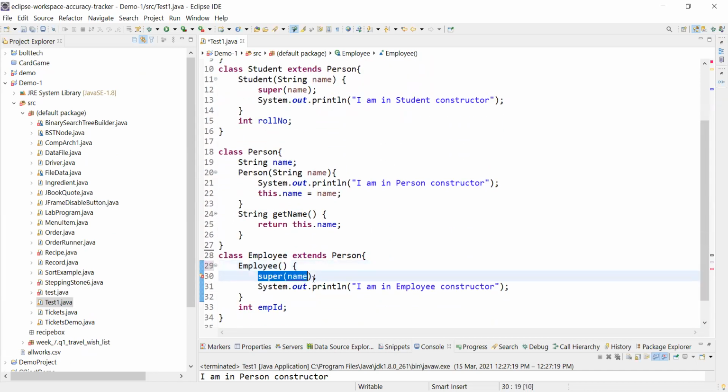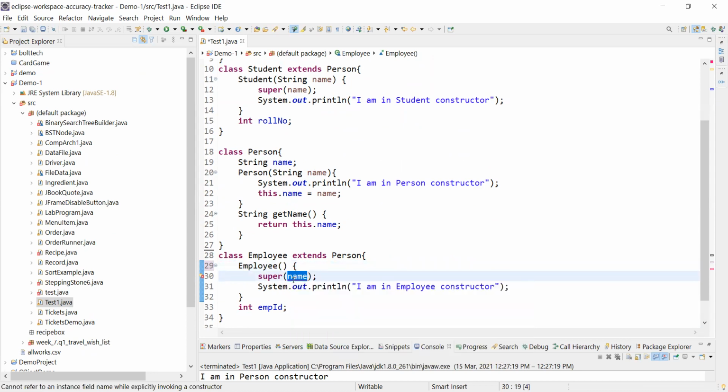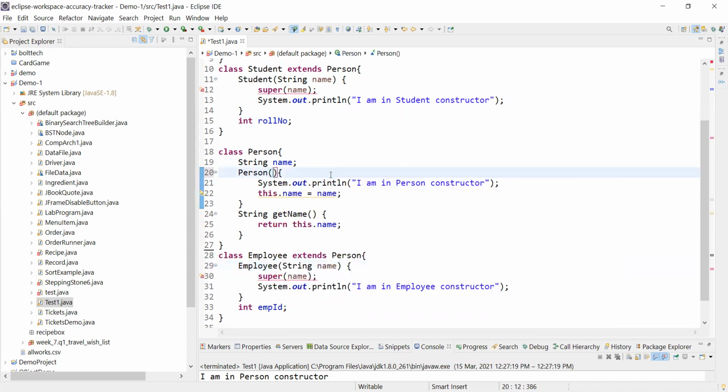You can see we have removed that name from here, so it will say like parent class accepts an argument that you need to pass. Okay, let it be as it is. What I'm doing here is now I'm not passing from here, then it will say I don't really need a name, why are you passing, then I can leave it here like this. But yes, it should be there. But when we say a default constructor in parent class, then we don't really need to mention this, and it is perfectly fine. There is no issue.